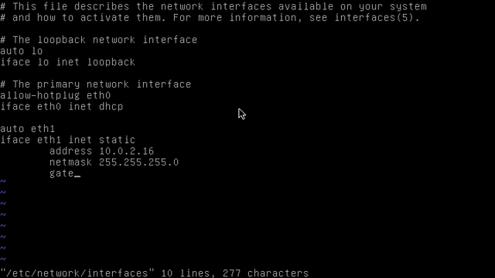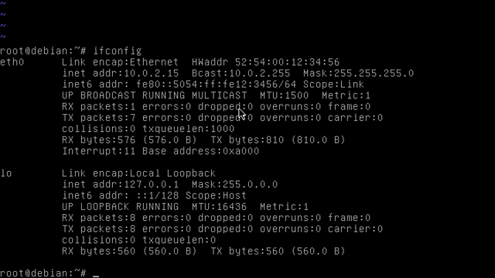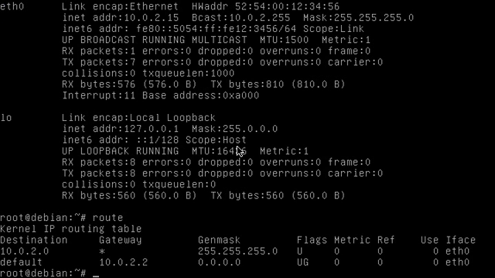Unfortunately, I cannot remember what the gateway was, so we'll go ahead and find that out. To find out what the gateway is, I do not believe ifconfig will tell you, and it did not tell you what the gateway is. Another command that would give you the current gateway of the system is called route, and it shows you that the gateway of this system is 10.0.2.2. So we'll go ahead and continue with our editing